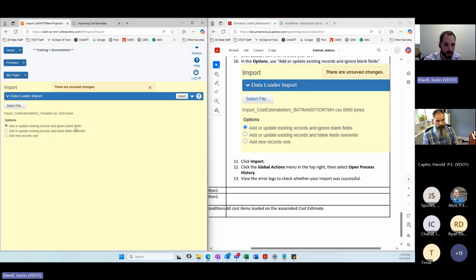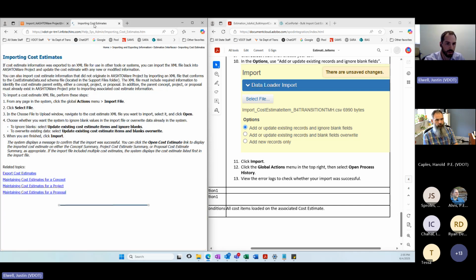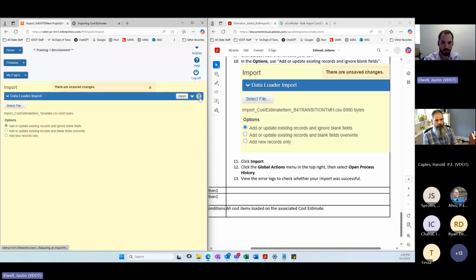So you have these two top options here, and you notice the difference, add or update existing records and ignore blank fields, or blank fields overwrite. One feature I wanted to make sure everyone's aware of is you'll see these question marks on different, call them components, think of them as pages.